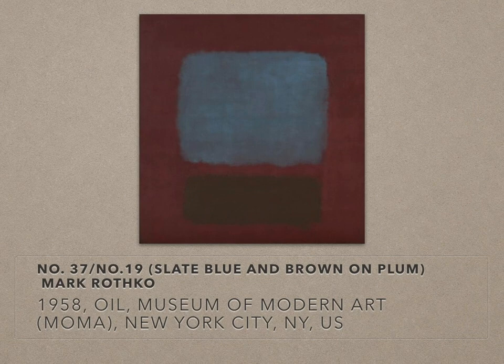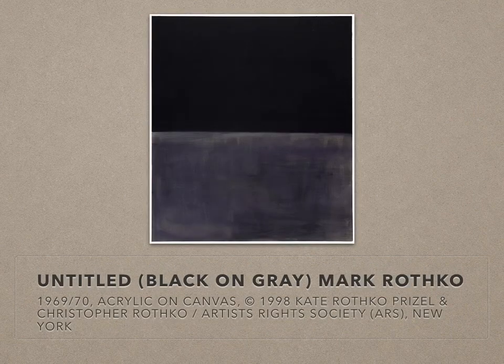As time went on, he went to darker and darker palettes. So into the next one, we see that it's just black on gray. To me, it looks like gray on black, but it's black on gray. This is another Rothko, and you can tell by the rectangles of color. Like I said, in his later works they get darker and darker to more easily convey the tragedy that he's trying to make.